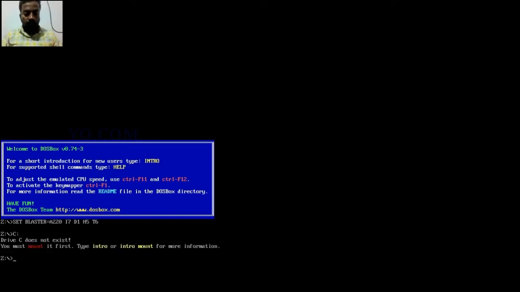If you give C drive, it says that you must mount. So mount C colon /8086. Okay, the directory is mounted. Then C colon, then enter. Now it is converted into the C drive. Now we can start our program.